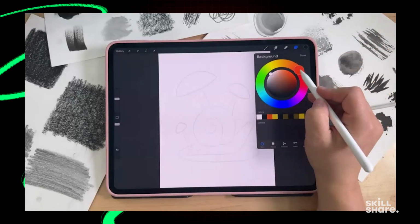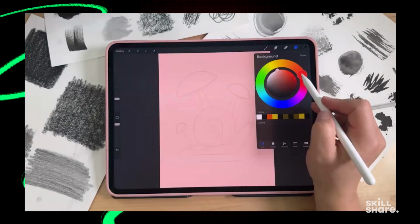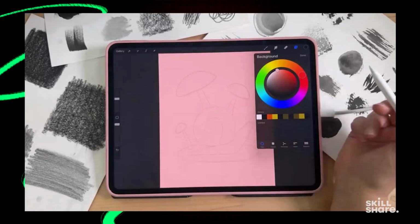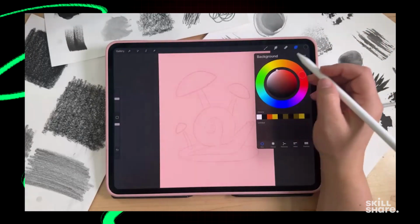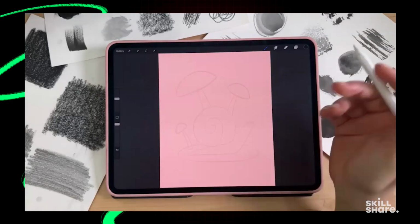So I'm over here in kind of like the reddish orange color. And then something like really light, maybe a little more red. So color kind of like this. So I'm all the way up there. So a nice light color. There we go. Okay. And now we're going to choose a shape making brush to do our shapes of our